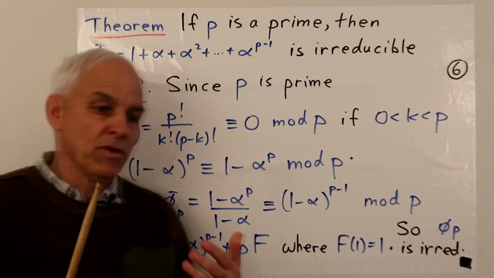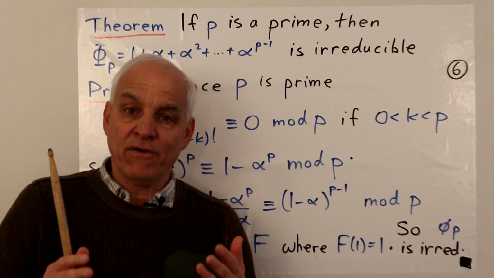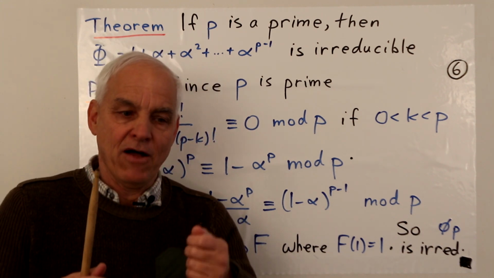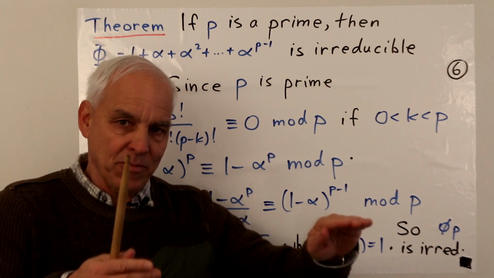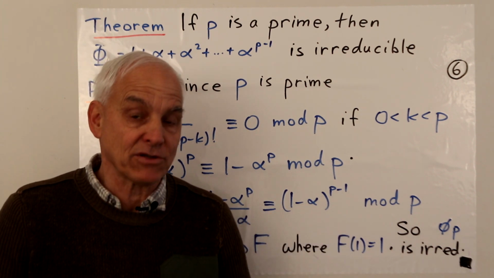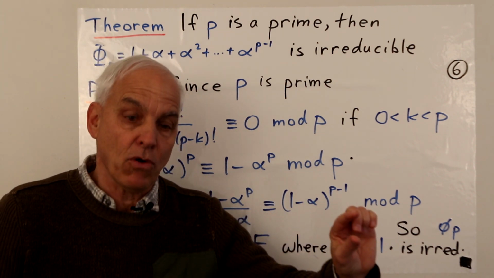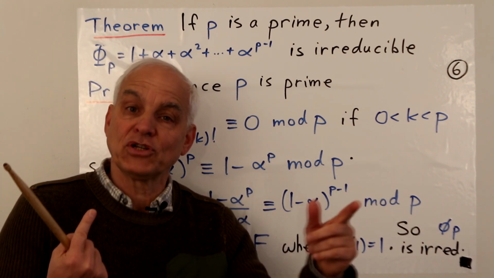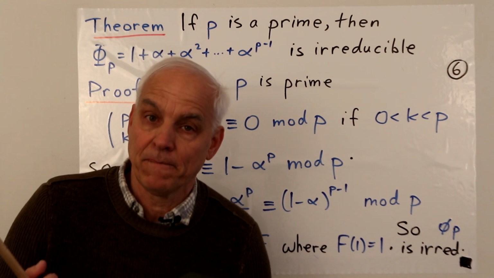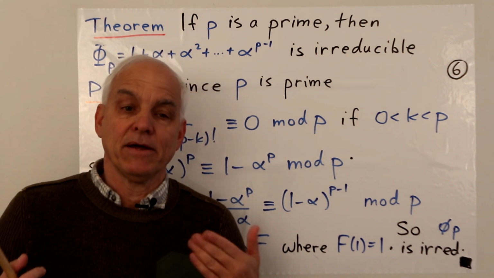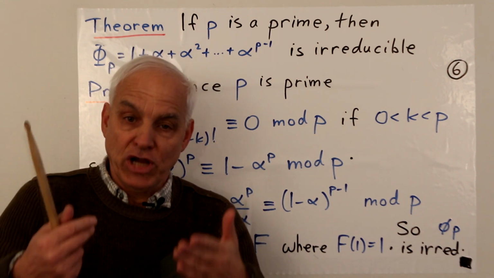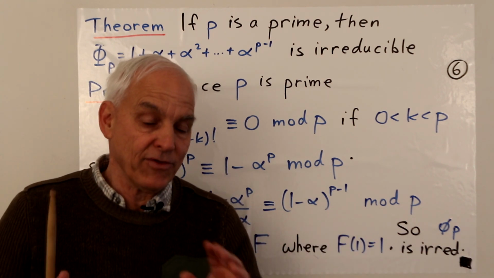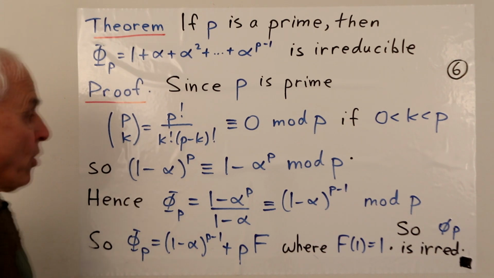So for example, if you expand 1 plus alpha to the 7, you're going to get 1 plus 7 alpha, and then there'll be other terms that you get from looking at the 7th row of the Pascal triangle. And if you look at that 7th row, except for the initial 1 and the final 1, all of the other coefficients are divisible by 7. That doesn't happen typically for a general row, but if the row corresponds to a prime value, it does. That's exactly what we're pointing out here.